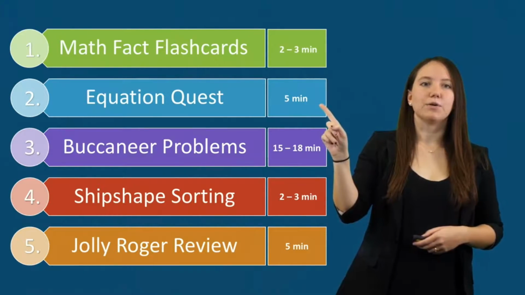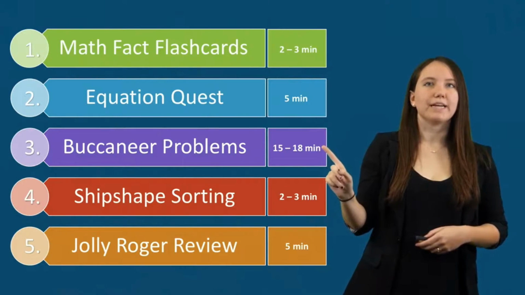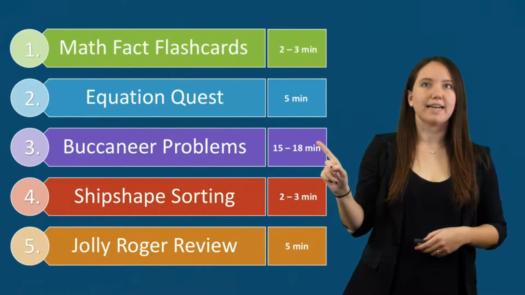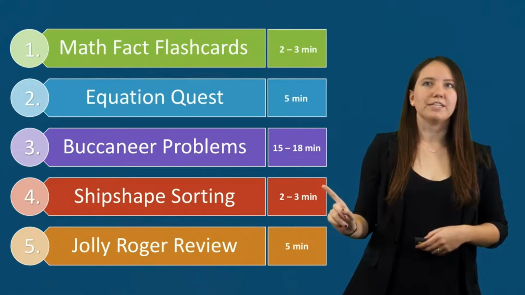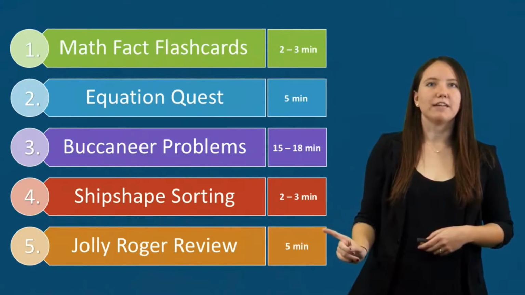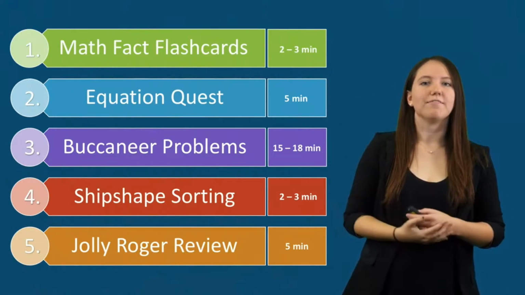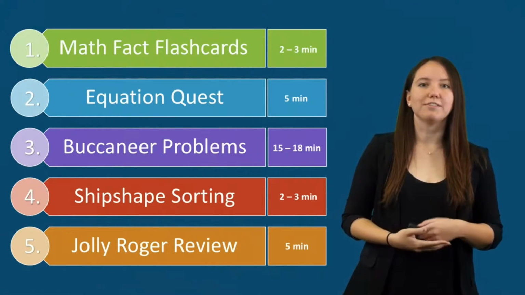The second component is Equation Quest, which is a 5-minute activity. The third component is Buccaneer Problems, which is a 15 to 18 minute activity. The fourth component is Ship-Shape Sorting, which is a 2 to 3 minute activity. And the fifth component is Jolly Roger Review, which is a 5-minute activity. I'll review these 5 components on the following slides, and for more information, you can also see our videos on